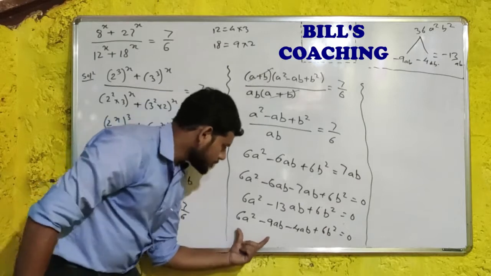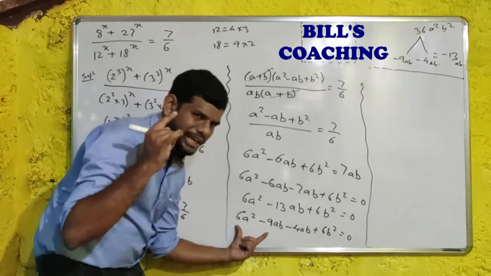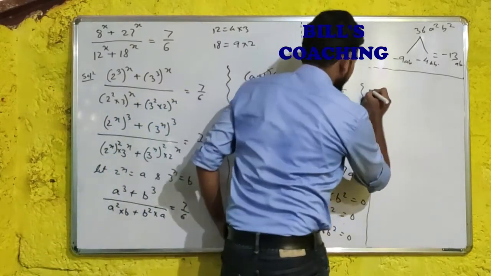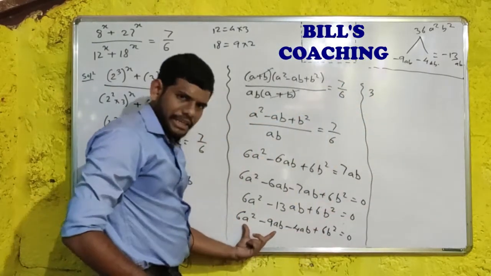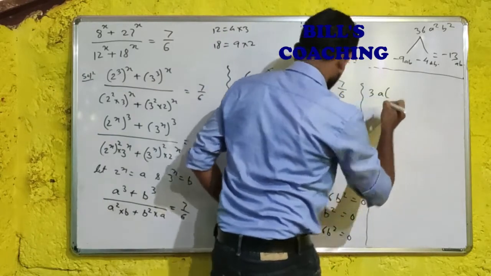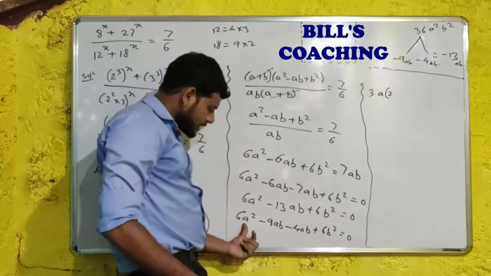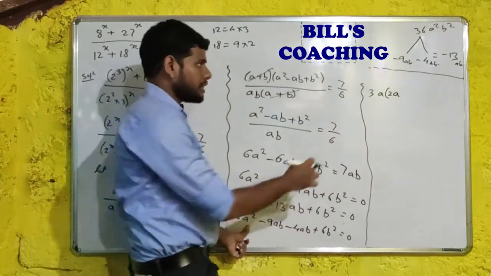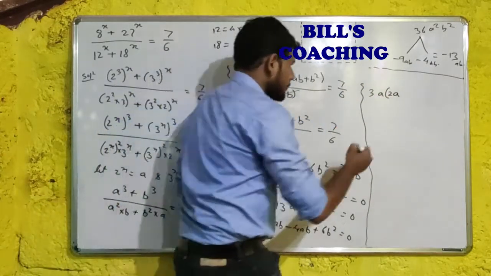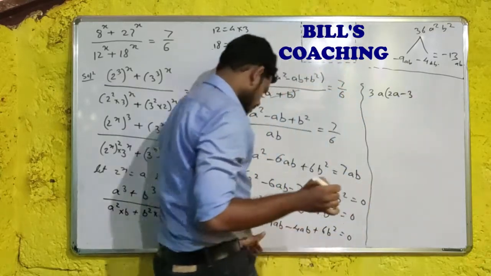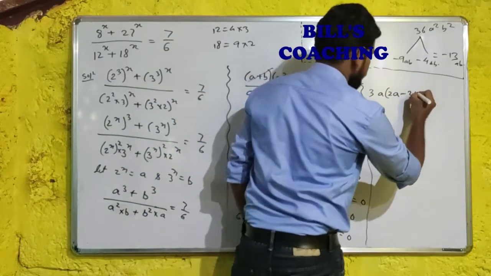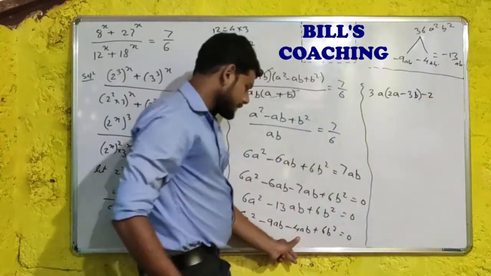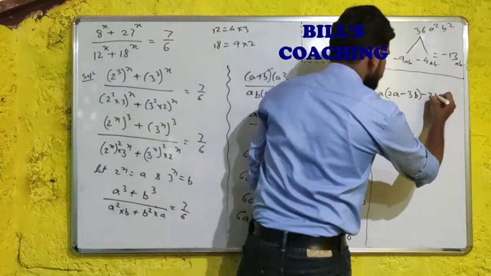From 6 and 9, what is the maximum number, or HCF? 6 and 9, it will be 3. So let me write 3, and from here we'll take a common. So what will remain is a from a². And 2 from 6, minus we have 3, b will remain. This is minus. We'll take 2 common and also b.